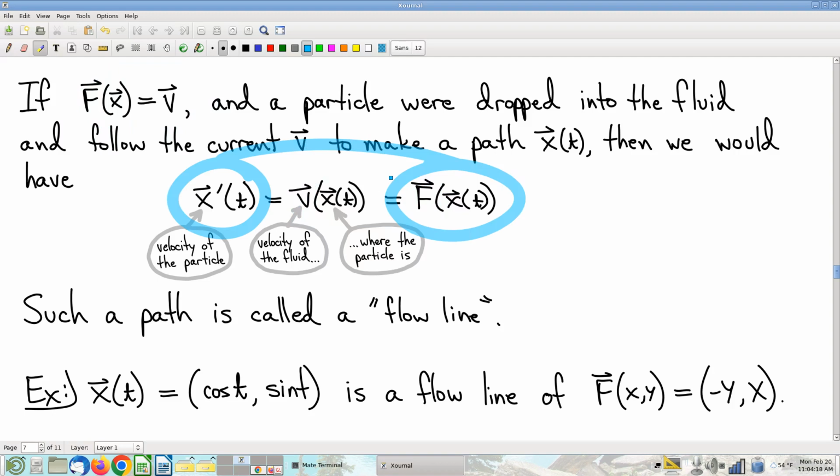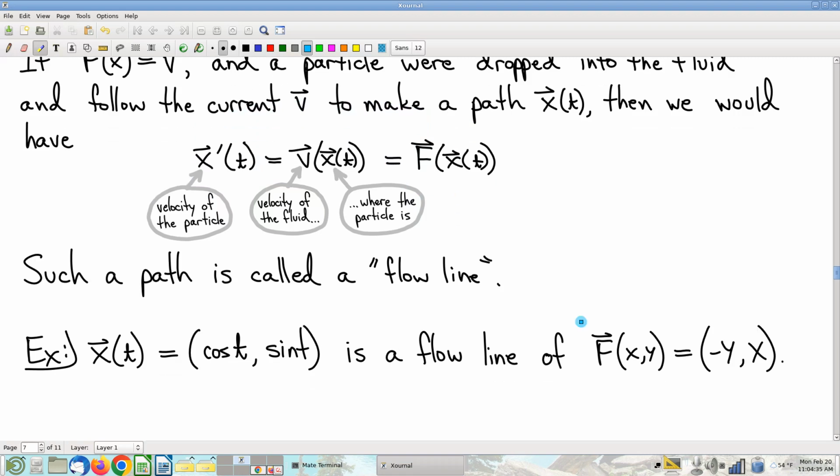This is called a system of differential equations. Y'all don't have the tools yet to solve systems of differential equations, but you will when you get to Math 353. What we can do is confirm solutions to differential equations, and that's what this example here does. Here is a fluid flow right there. By the way, we've seen this vector field before. I hope you all recognize this one. This is the one where the fluid goes counterclockwise around the origin. It was one of our earlier examples.